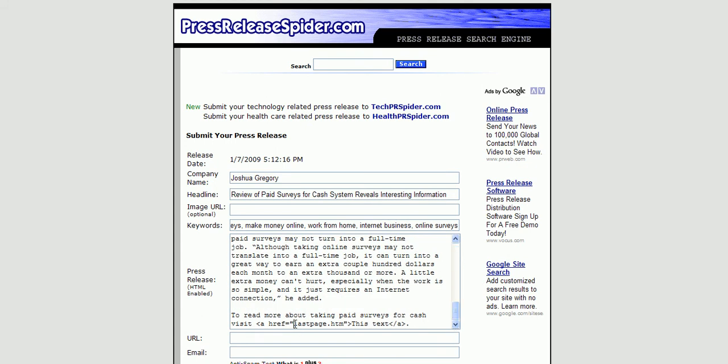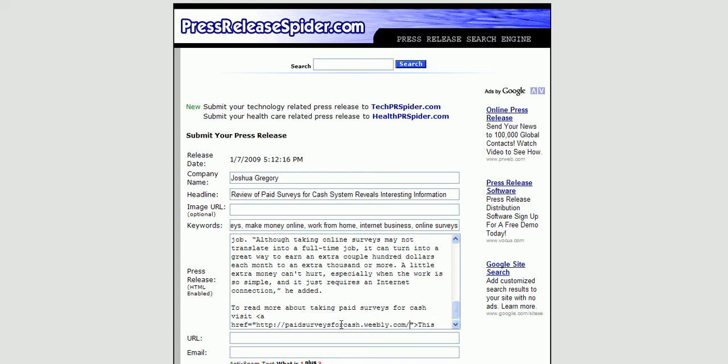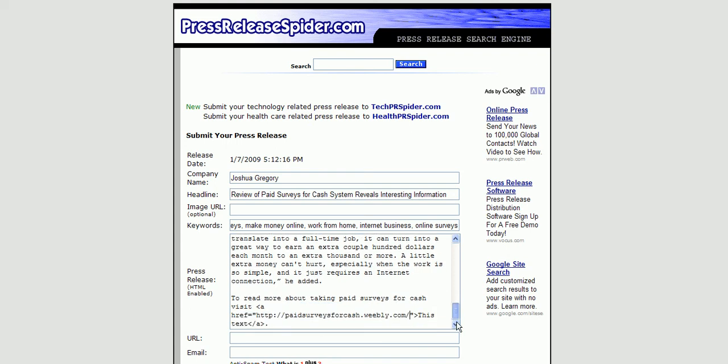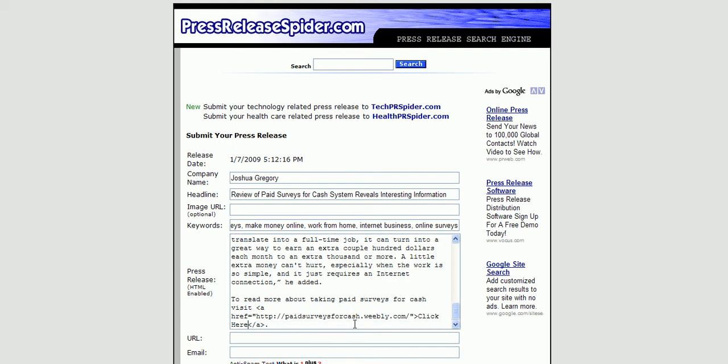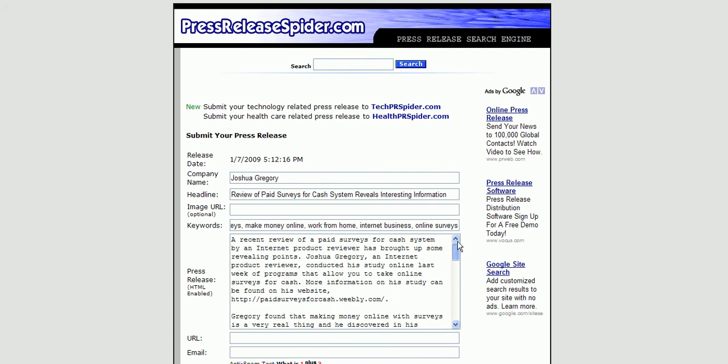The quotation marks is the link, and then where it says this text, that's where I'm going to put in what I want to show up there. So in this case, I just want it to be the link to the website. So I'm going to just do that, or I could do something like this. Click here. And then what I'm going to do up here is go ahead and copy and paste the same HTML coding,